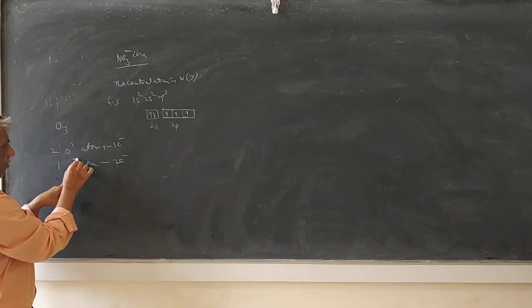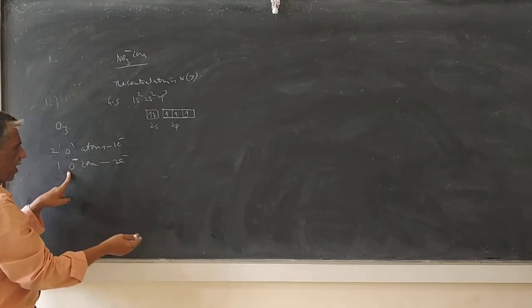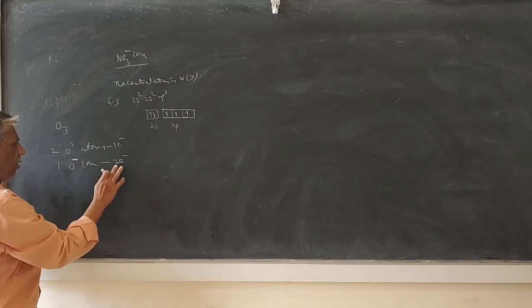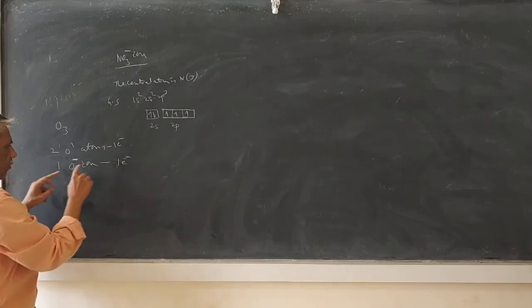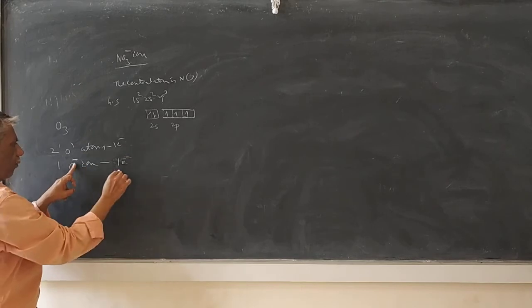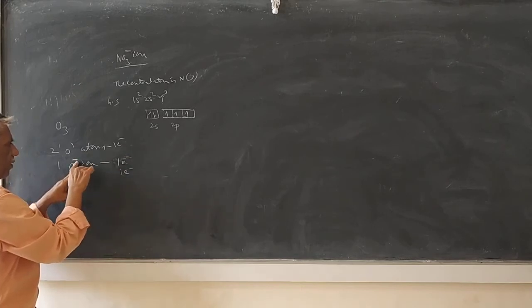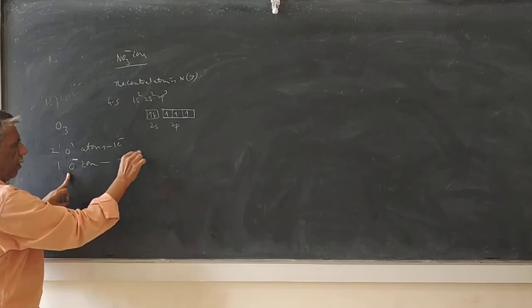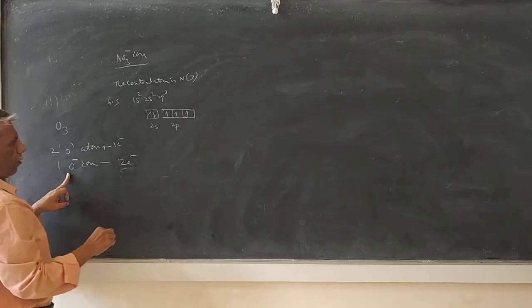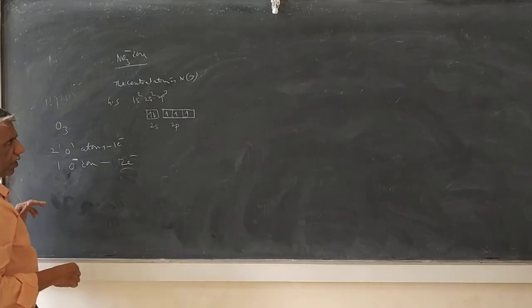Since it carries a minus charge, a negative charge, it will have 1 additional electron. Therefore, it has 2 electrons. 1 electron is due to the oxygen atom and 1 electron is due to the negative charge. Totally, O minus carries 2 electrons. Okay, now what happens is,